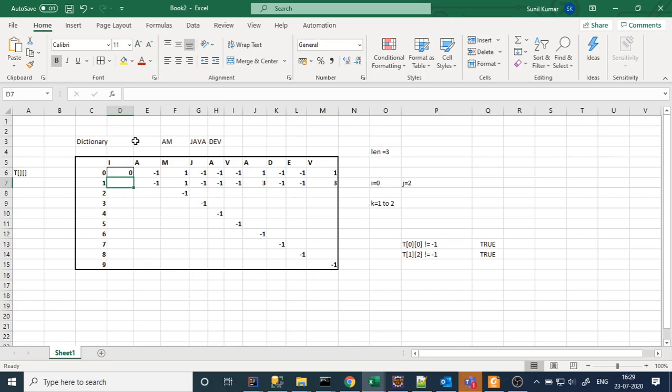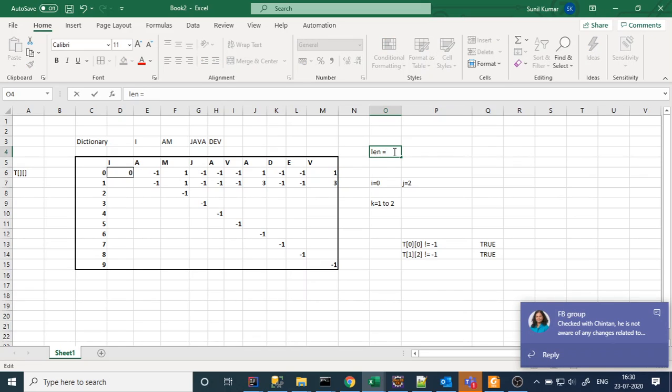Recursively, what am I going to do? Suppose the length of the string is 1, how many strings have their solutions?